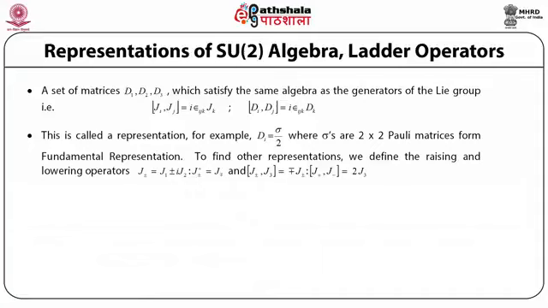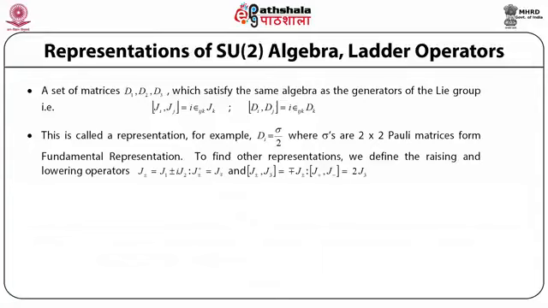Obviously then (J plus minus) dagger is equal to J minus plus, and the commutator between J plus minus and J3 can be easily obtained from the commutation relations satisfied by the generators of the Lie algebra. So we have the commutator [J plus minus, J3] equal to minus plus J plus minus, and the commutator [J plus, J minus] is equal to 2J3.